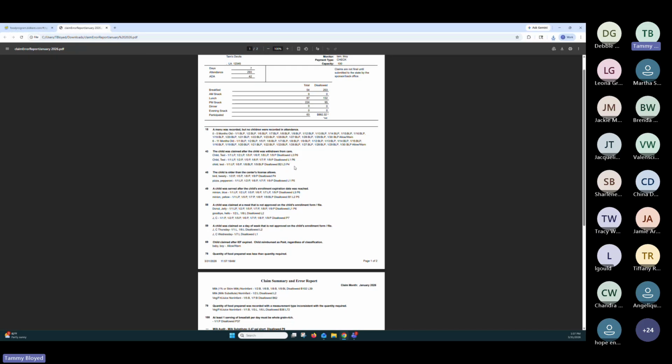Since we're talking about this one, let's go ahead. These children were actually withdrawn from care. They've left the center, but I did not withdraw them early enough. They were still left on there, and this is why it's important to maintain those records and update the children's enrollment, because if they're actually not in the center, but they're still on the screen, they can easily accidentally be tapped as eating. And then KidKare is going to claim them when they probably shouldn't.